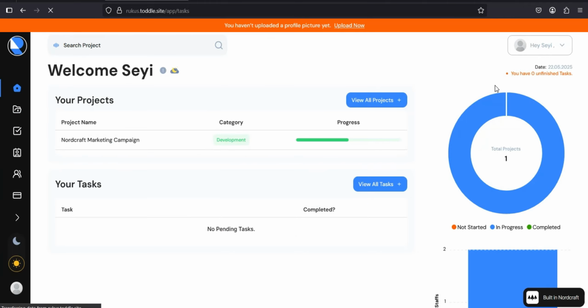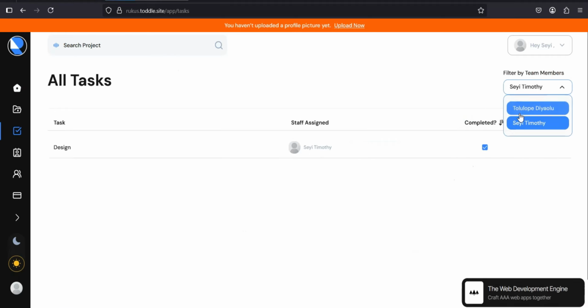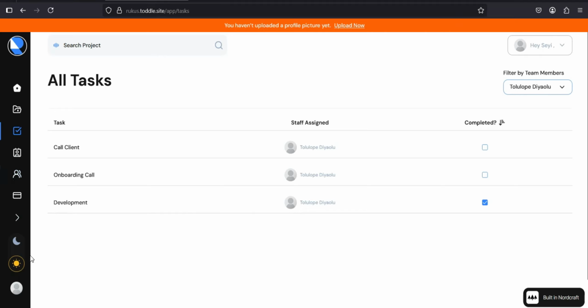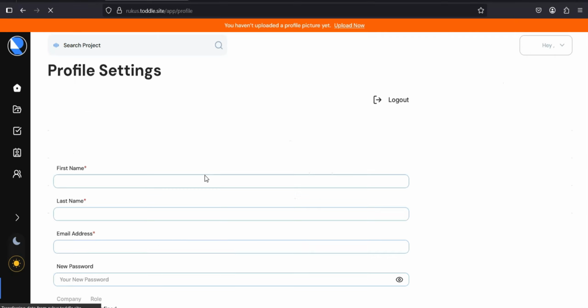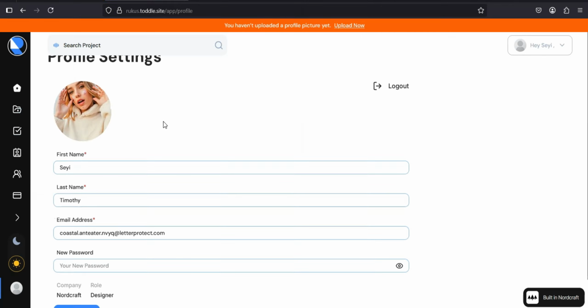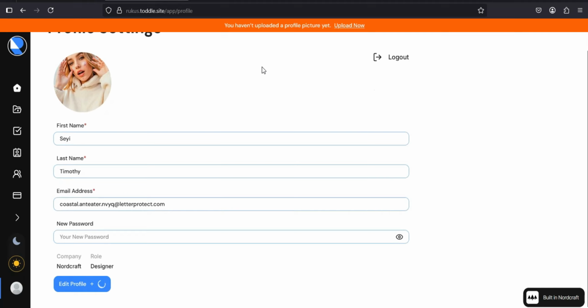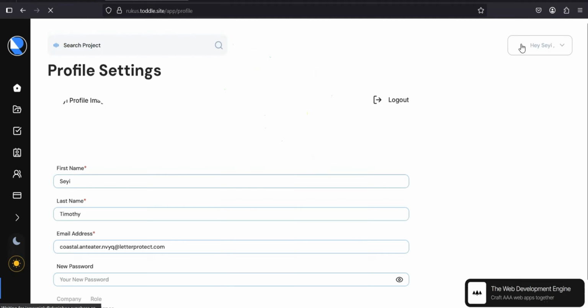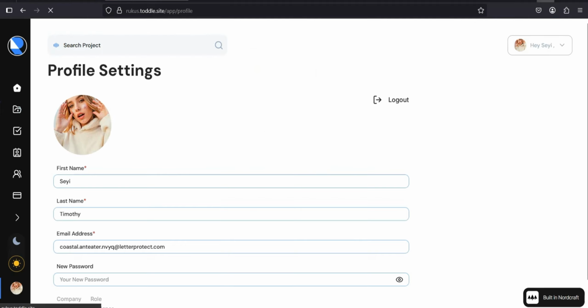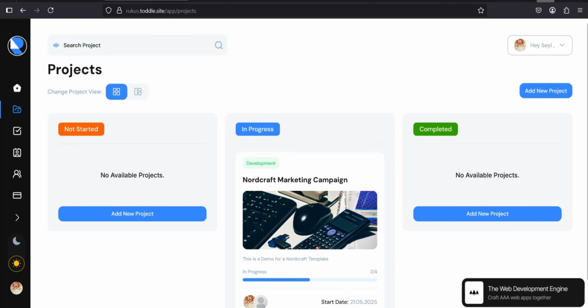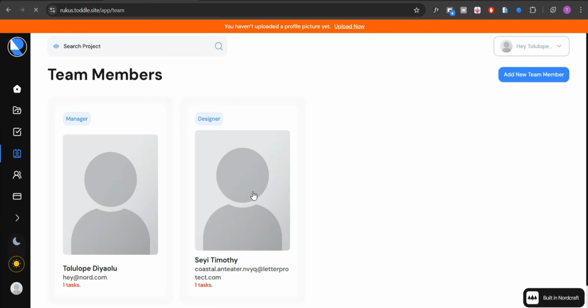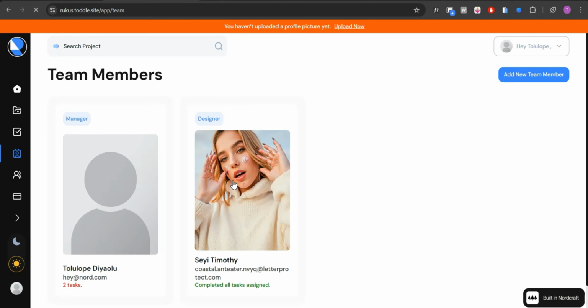And also for the tax dashboard right here, each person can see his tax, but I can also filter by each member's tax. I can also adjust my profile right here. I can upload an image and edit profile. So yeah, it's updated, and you see Shay already had an image right here. So as the admin, I can also delete Shay's account. If he's done with everything, I can actually delete. But before we do that,